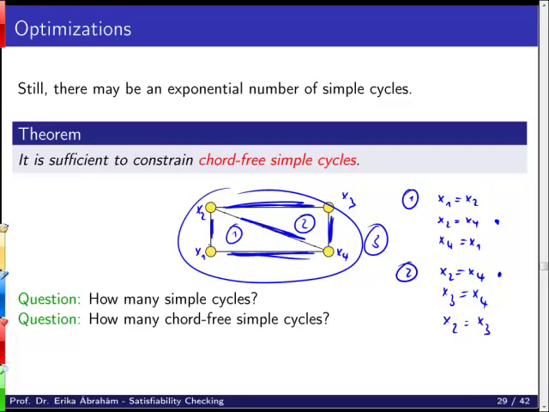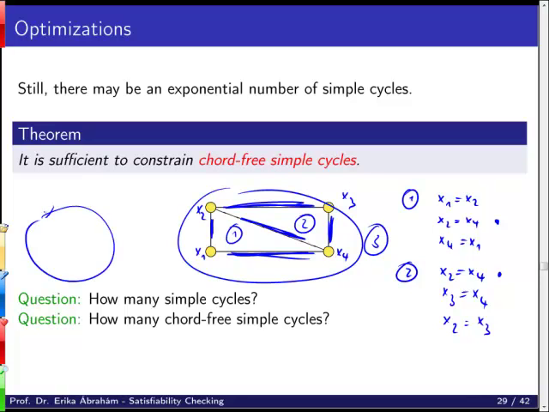A bit more kernel, or smaller, description would be that if a cycle has 2 edges which are not beside each other but they are connected, yeah, two non-neighboring edges like x2 and x4. They are not connected in this cycle directly, but there is a transition between them. Then it is not chord free. So exactly this kind of edge is called a chord. And if I have a cycle which is chord free, means that